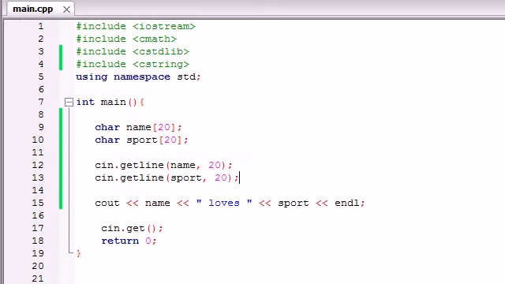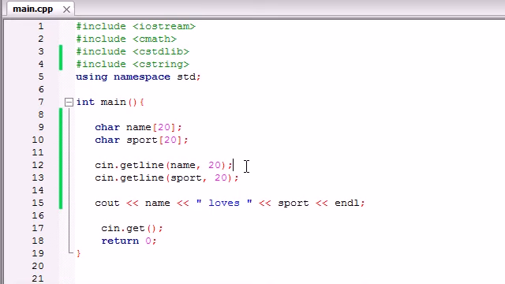So anyways, the key to this tutorial is this. Whenever you want to take any bit of text and store it inside an array, whenever you want the user to enter their own text, you can do it in two different ways. One is just using the basic cin that we learned before, and this is going to take anything they entered and treat each word as a new variable. Or you have a different way to do this. If you want to take whatever they entered on an entire line and store that in a character array, you need to use this special function that I taught you guys about called